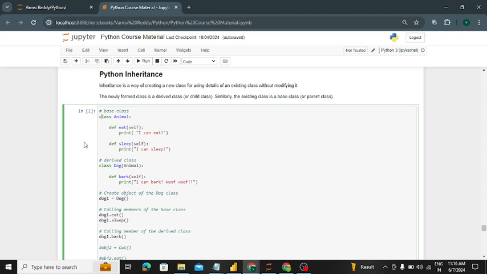If you want to inherit anything, you need to mention the name of the parent class in the next class definition, like this: class Dog, and I am inheriting the parent class Animal. The dog also has some separate features of its own, like barking. It has some extra features. So we need to mention this as a function. Complete the function.